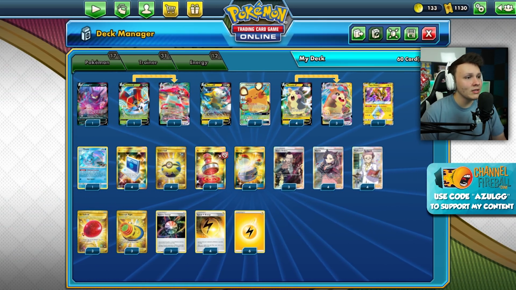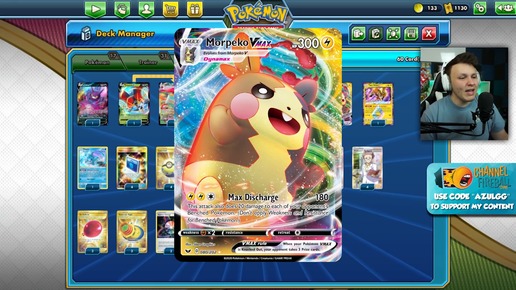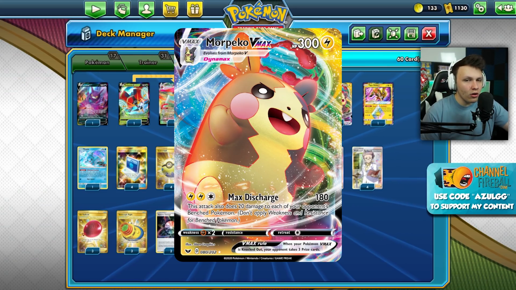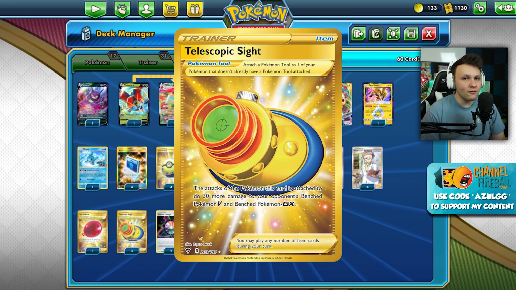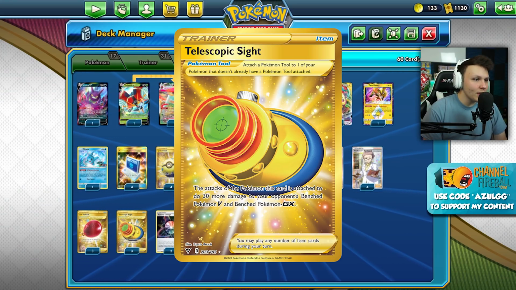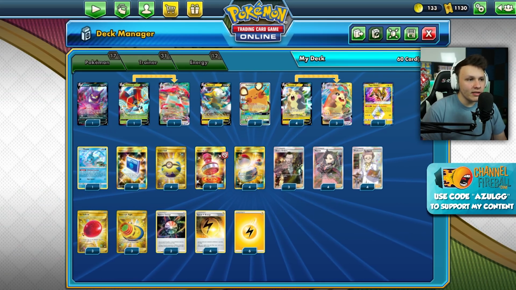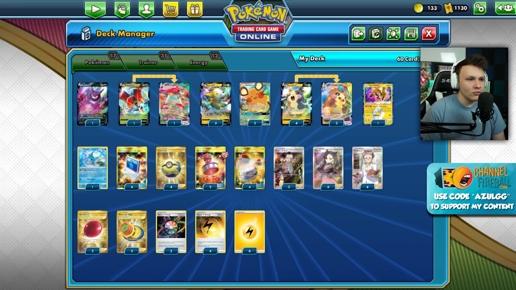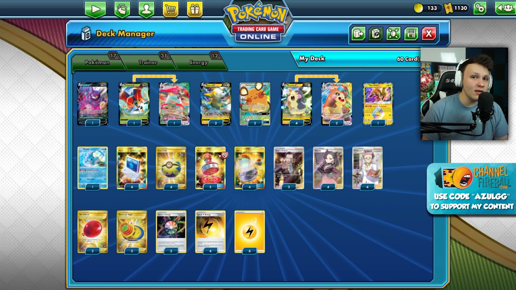If you don't know how it works, we try to turn 1 Boltund going second, and then we attack turn 2 with the Morpeko VMAX, doing 80 damage, and then 20 damage to all of our opponent's bench Pokemon, but we increase it with that Telescopic Sight to 50 damage. So we're doing 50 damage to all of our opponent's Vs and GX Pokemon, I guess I should say, and 20 to the non-Vs and GXs. So over 3 attacks, if we've got 3 attacks with Telescopic Sight, we can do 150 to something like a